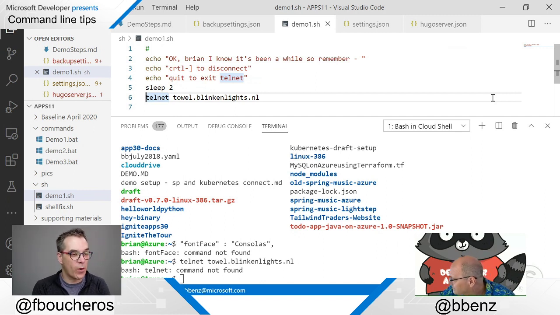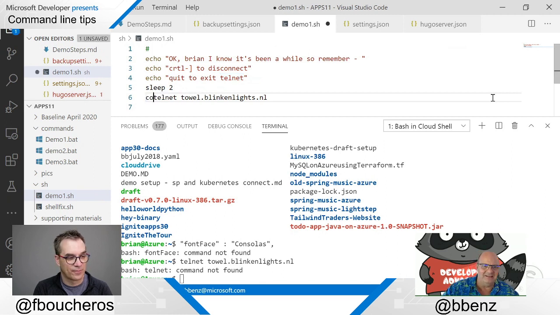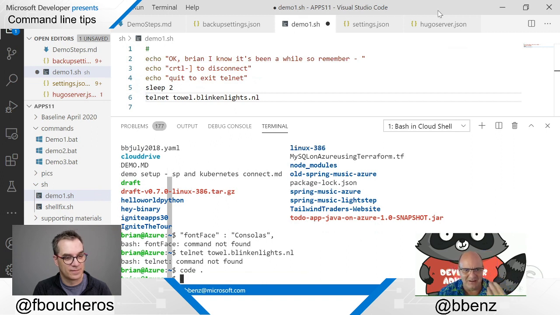Well, I'm sure there's a way. Maybe it's not installed by default, or maybe it's on purpose. Yeah, I think it's on purpose. You're really asking a lot. There are a few things that are closed for security purposes, of course. And remember before in the Cloud Shell, shell.azure.com, when I typed code, I could open code, and I can't do it here. Wouldn't that be nice? It'd be weird, but you could open code inside of the Cloud Shell, but you can't. You can go to shell.azure.com and run code from there, but you can't do it from here. So anyway,